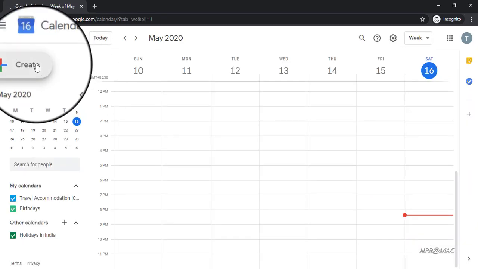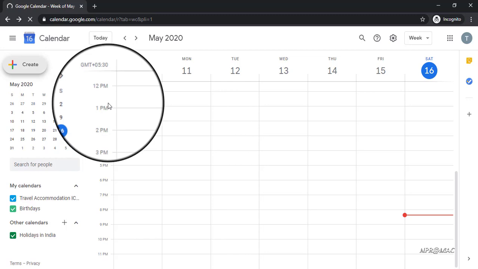Google Calendar will open for you, showing your upcoming events. Click Create button.